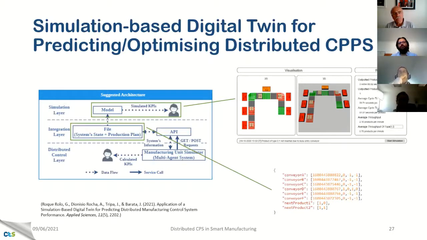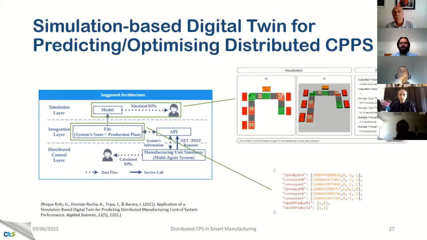So in order to explore how we can demonstrate, or at least predict, how these systems will evolve, we explored in the last year the idea of using digital twins to